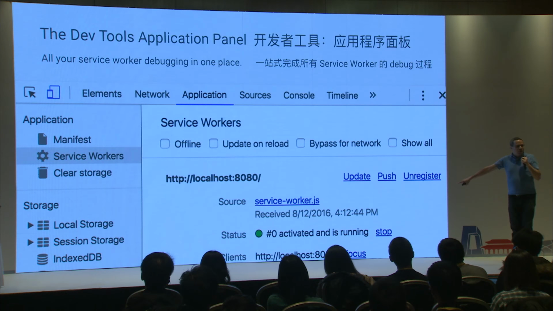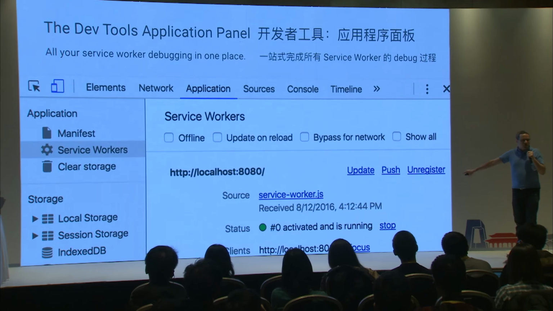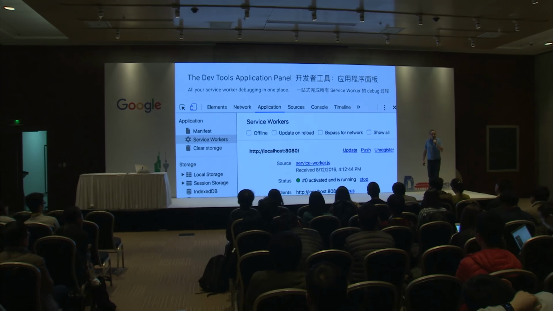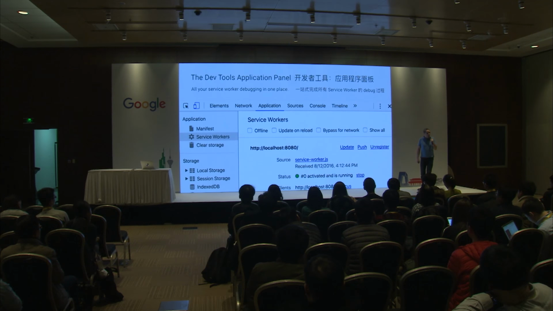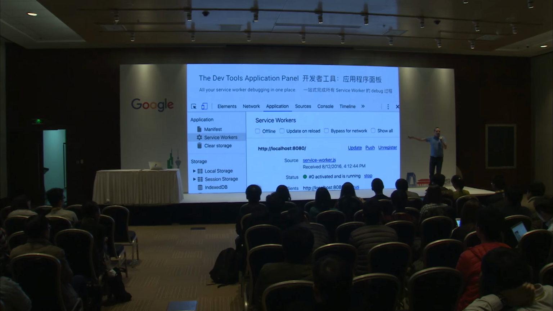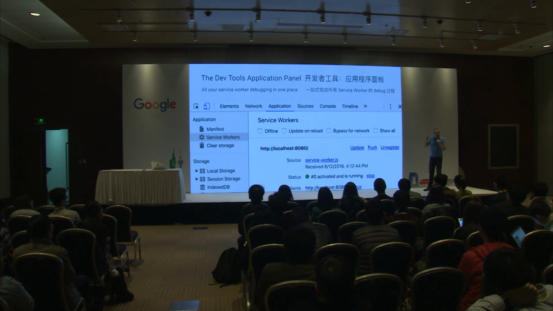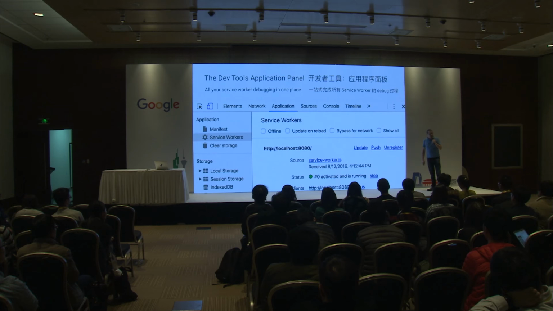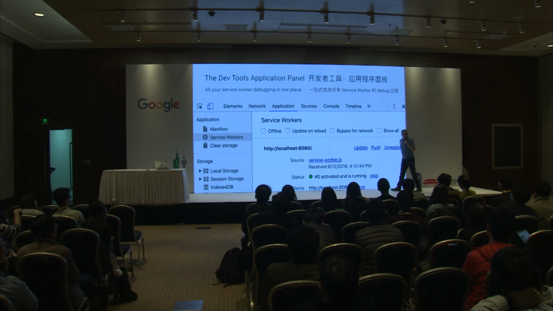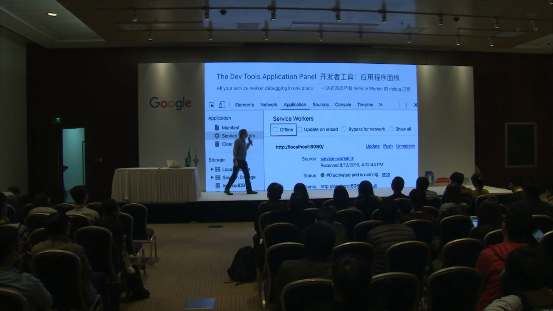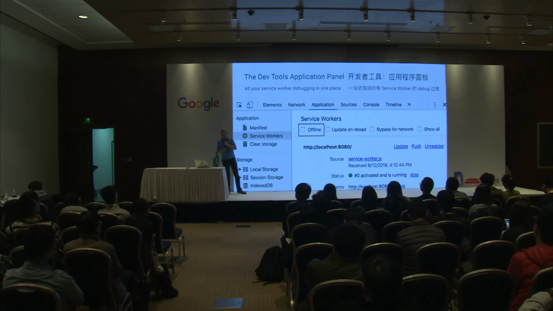So if I reload the page right now, and the service worker hasn't changed, that number will stay the same. If I reload the page, and I get a new service worker, and it takes control right away, that number will get bumped up. So you can always tell, oh, hey, hang on, I updated my service worker, but the old one is still running because the number hasn't changed. That's just one of those really helpful little bits that I like. So there's a couple of other things that you can do in here.